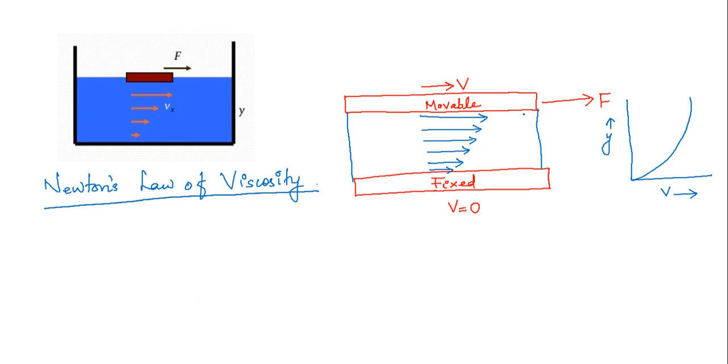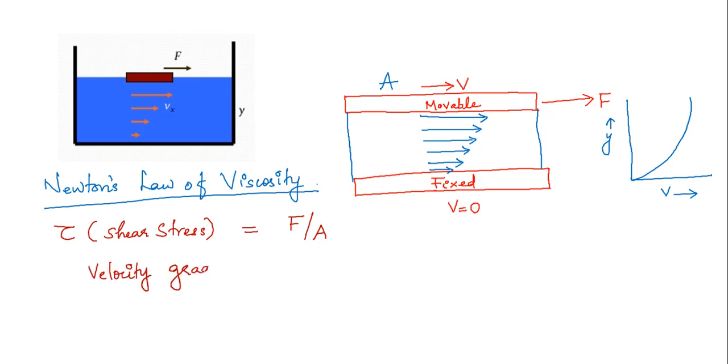So here we can calculate the shear stress associated with this applied force. Suppose A is the area of the surface. So the shear stress tau. Shear stress we will usually represent by the symbol tau. The shear stress will be equal to force by area. F is the applied force. A is the area of the surface. Area in plan. The shear stress is given by force by area, and there is one more term, that is